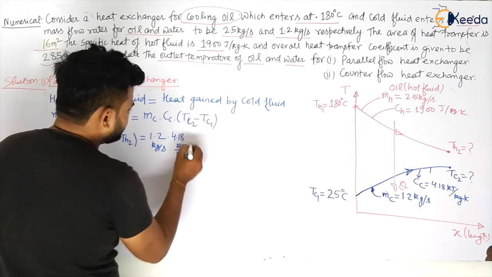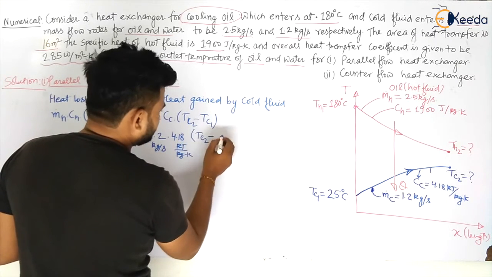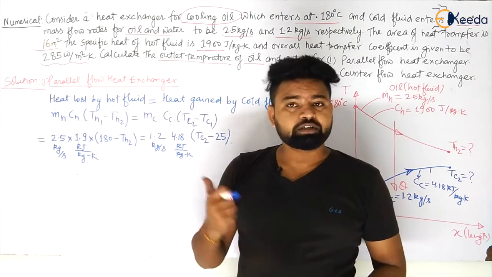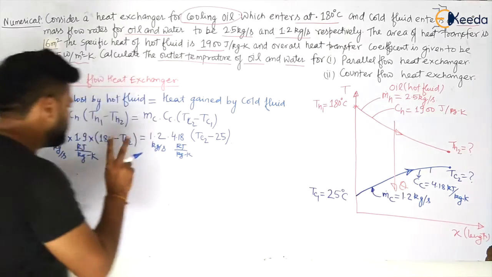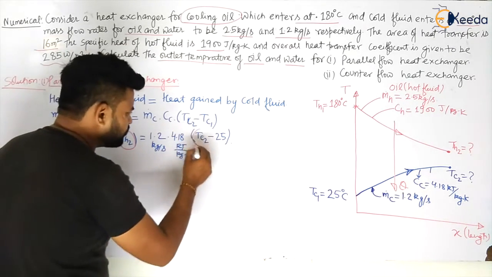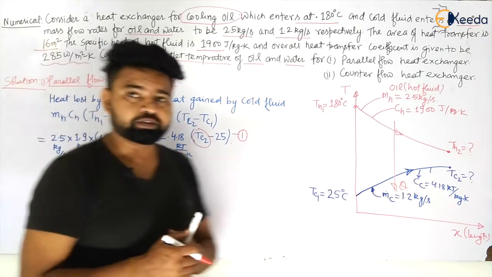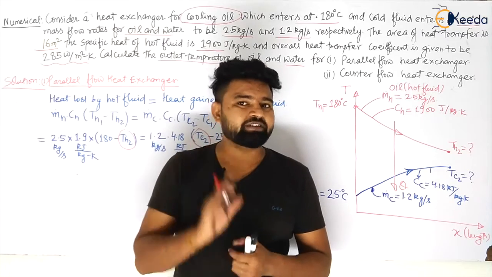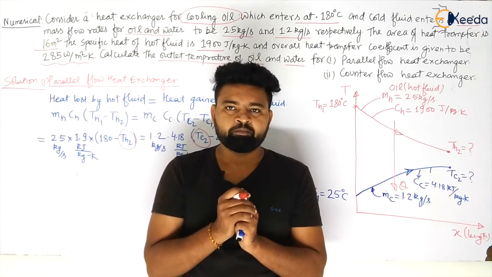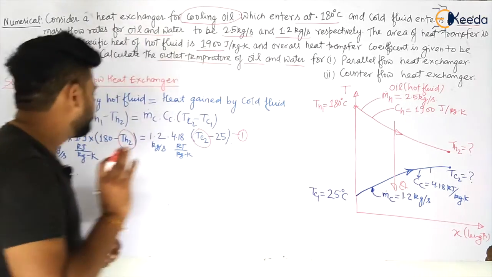Now what is Tc2, my dear students? We have to calculate the outlet temperatures. Tc1 is given to be 25. Can I calculate the temperature here? No. One equation, two parameters: your Th2 and your Tc2. So let us take this as equation number one. We cannot calculate temperatures here. So how should I proceed? Sir, I know the effectiveness formula, and by using the effectiveness NTU method, I can easily calculate the outlet temperatures. That method was developed only for that case. Let us see, my dear students.